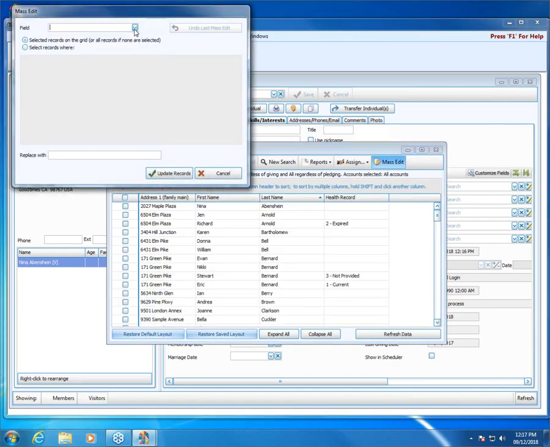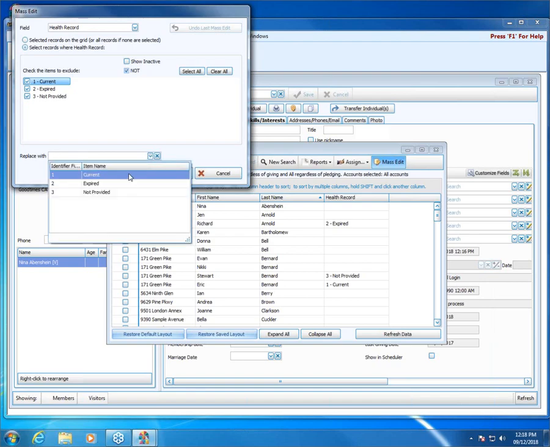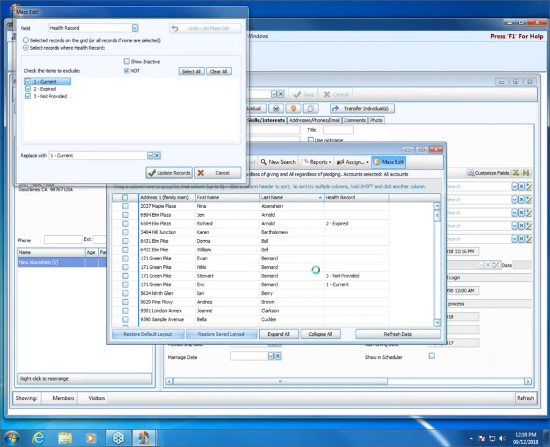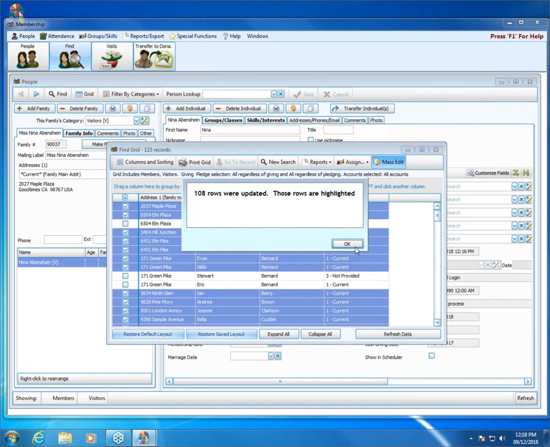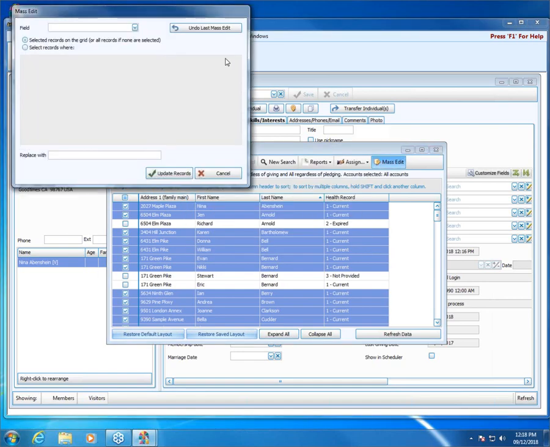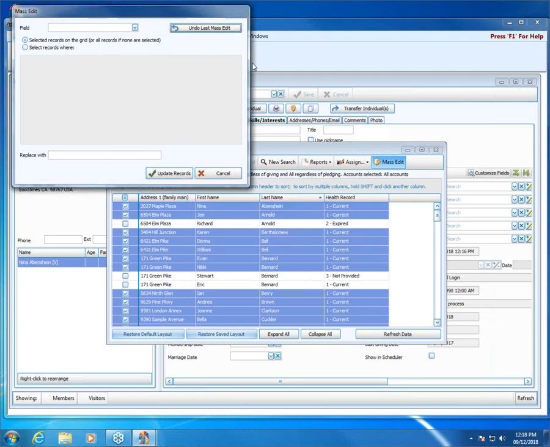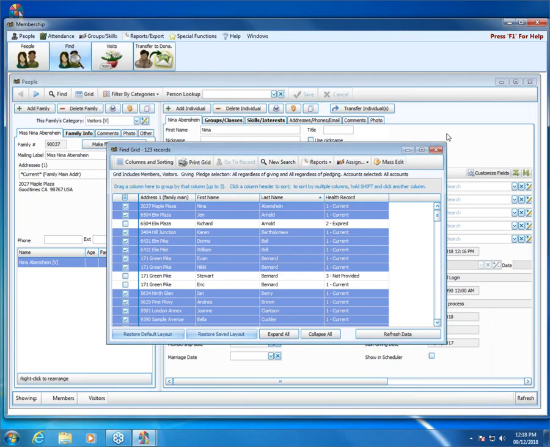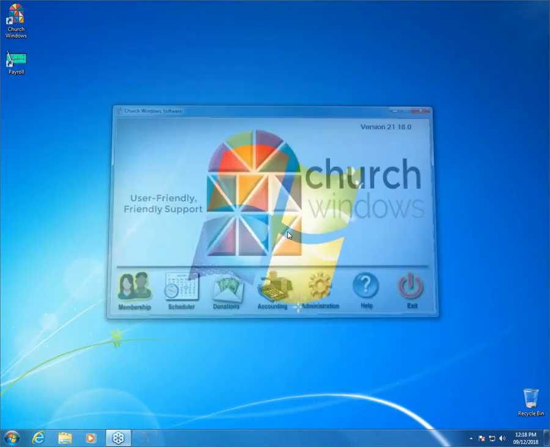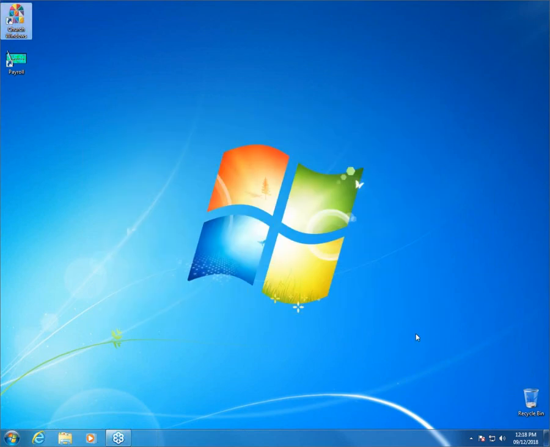Let me just do a quick mass edit here so we can undo it. That's going to change a whole bunch. I'm just speeding through so that I can show you how we can undo it. When you click undo, it shows you the date there. I'm going to say no, and we'll close out just to verify this. But if I close all the way out,